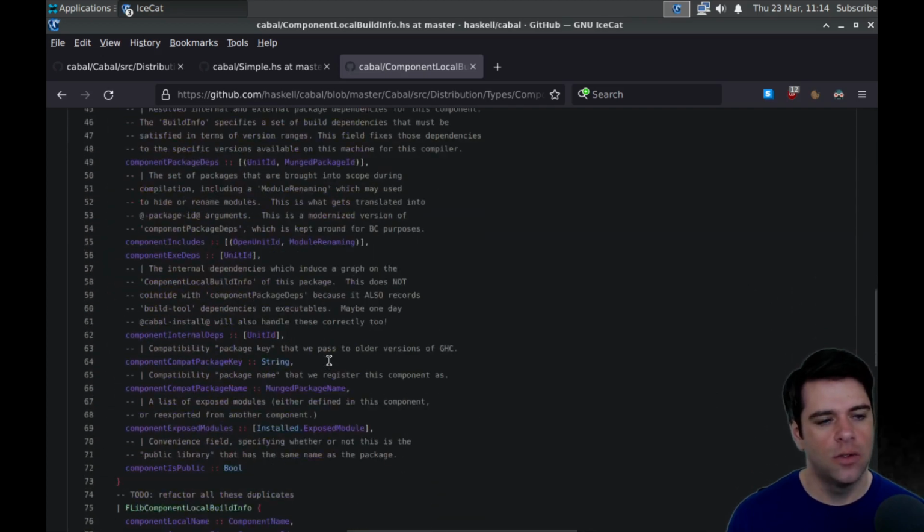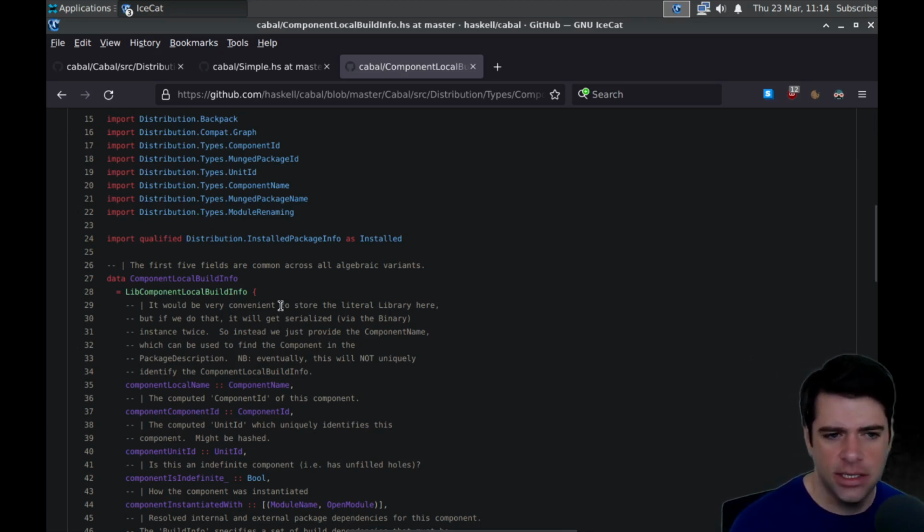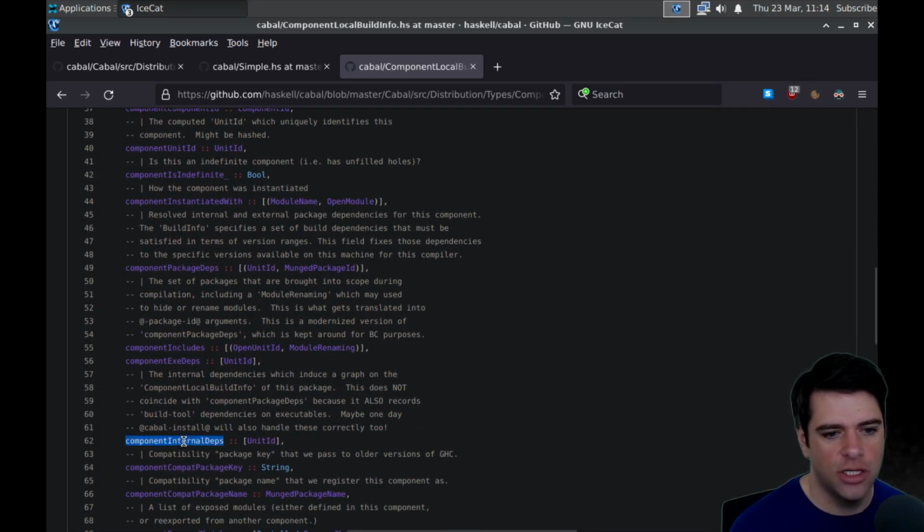Okay, so this is essentially the graph node stuff, if I'm understanding correctly. It's got a bunch of stuff, but if you squint your eyes, it's an adjacency list, I guess, with this thing defining a node, and then internal deps is a list of unit IDs.